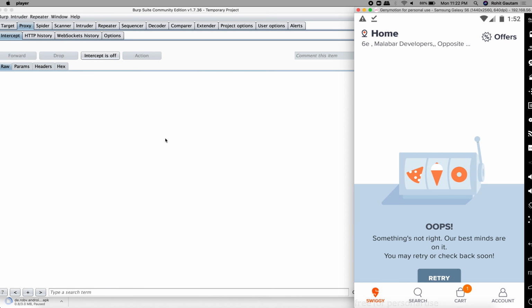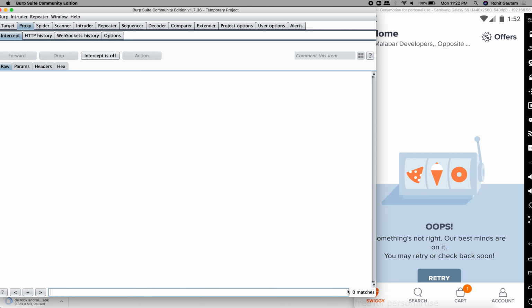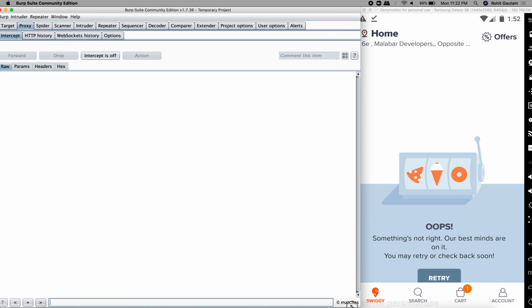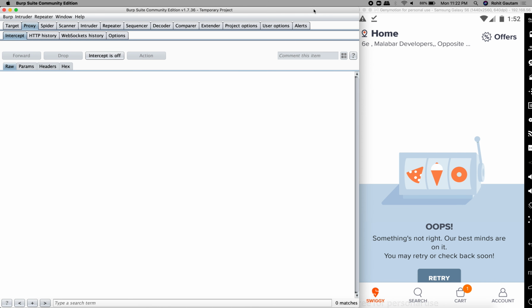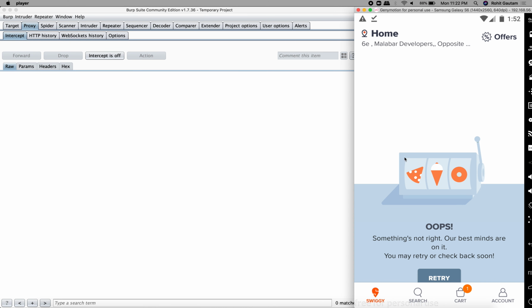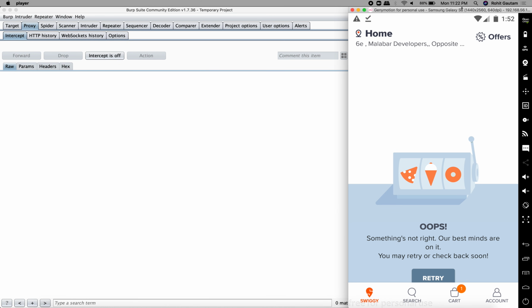Alright, so let's quickly do SSL pinning bypass and capture some of the traffic from this application. You can see what is happening in the background. I have seen that most Android applications are highly likely to be vulnerable, because most of the developers think that if they put the SSL pinning check onto the application, they have provided all the security they want, but that is not the case. That can be easily bypassed. So we are going to quickly bypass this. Let's see how we can do it.